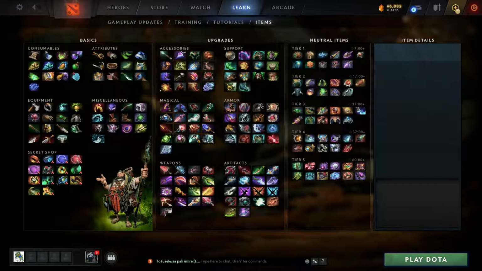The last one was like 3 weeks ago or something, but I saw that the new patch was coming out, so I decided I might as well wait until after the patch. Honestly, the patch didn't change anything. They just added a new ability to everyone that no one ever buys the item. So, anyway,